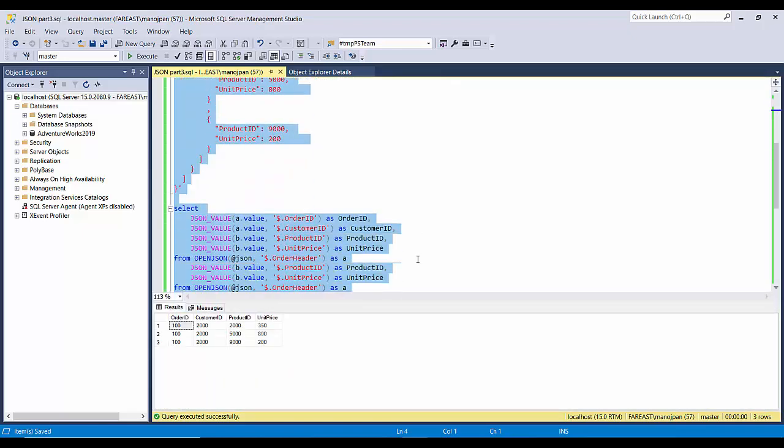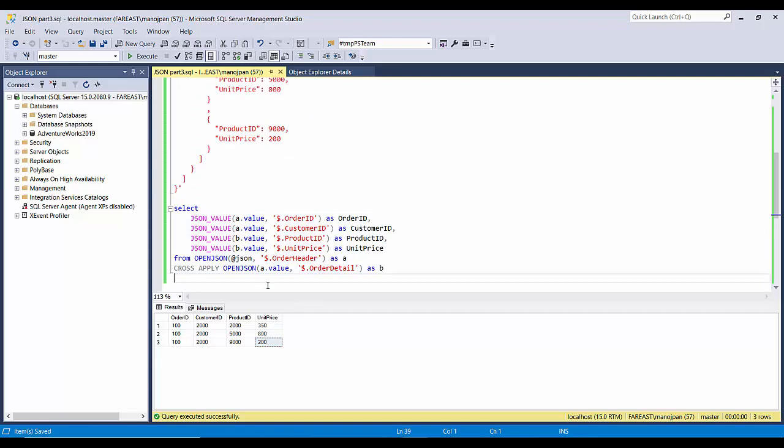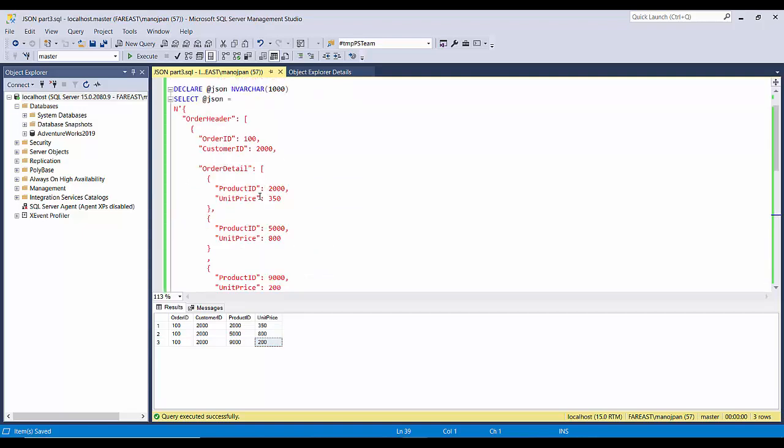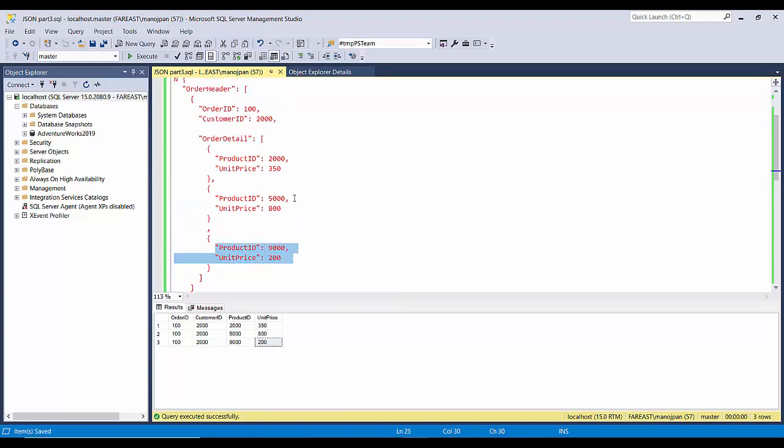Yeah, so if you see, order ID and customer ID are repeating three times, but we have three unique products with their unit price. So this is a very easy way to go into a nested structure by using the cross apply function, and then again using an OPENJSON function and expanding the internal attributes of this particular child nested element.